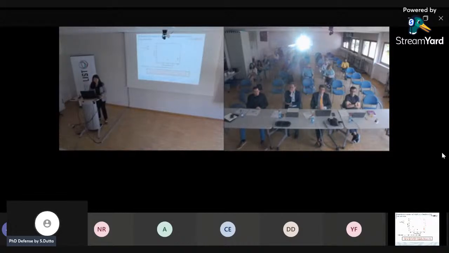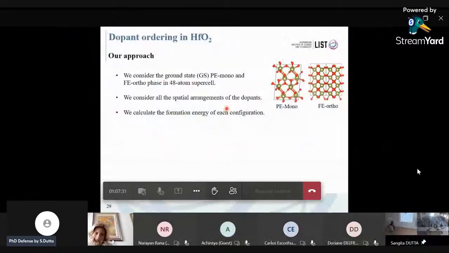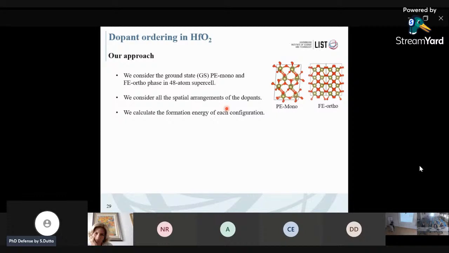So instead of understanding these results, first we wanted to understand what the preferred spatial arrangements of the dopants in hafnia are. For that, I changed my initial goal, and now I was interested in studying the effect of dopant ordering on the stability of the ferroelectric phase. To do so, I considered the ground state, paraelectric state, and the ferroelectric state in 48